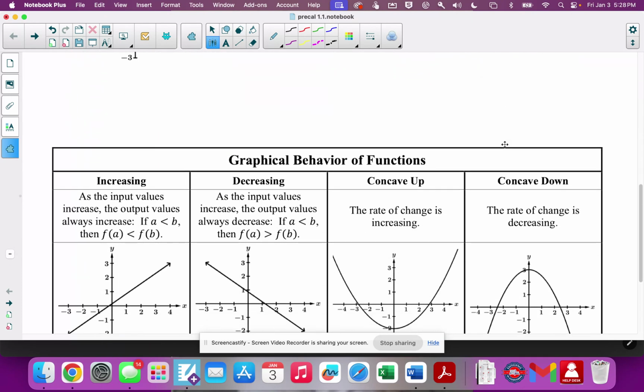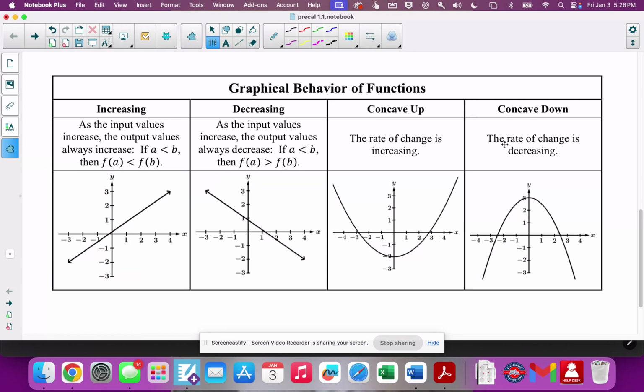Okay, so definitely need to write this down. We're going to be talking about it. Every type of function that we deal with, we'll be doing polynomials, we'll be doing absolute value, we'll be doing piecewise, Lord have mercy, trig functions. All of these things are going to be described very, very heavily on increasing and decreasing, and a new one,